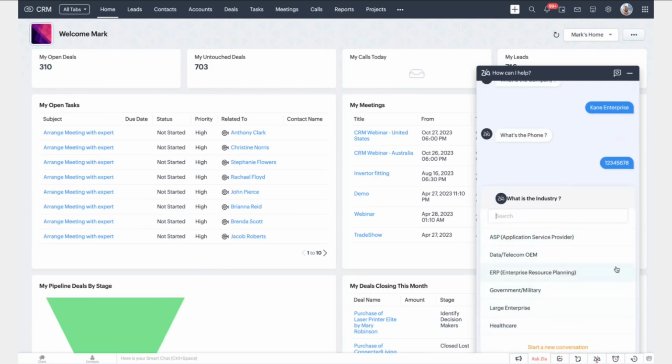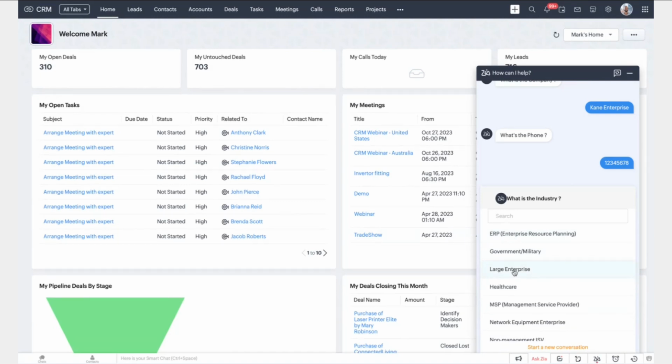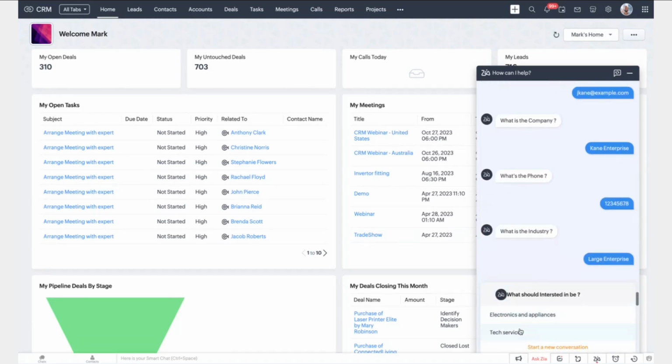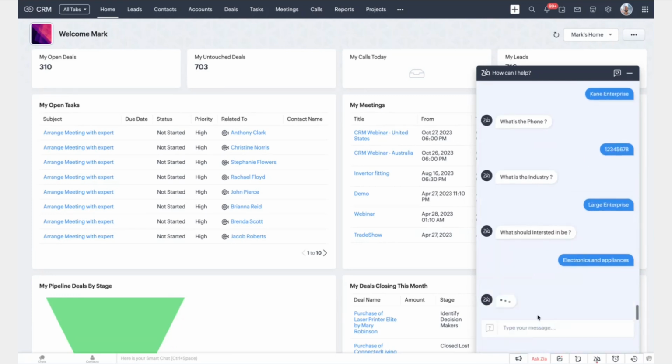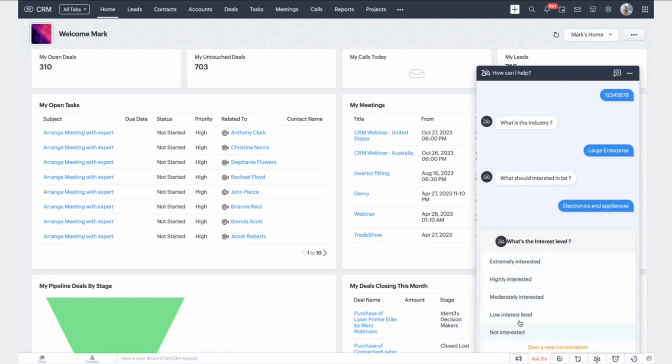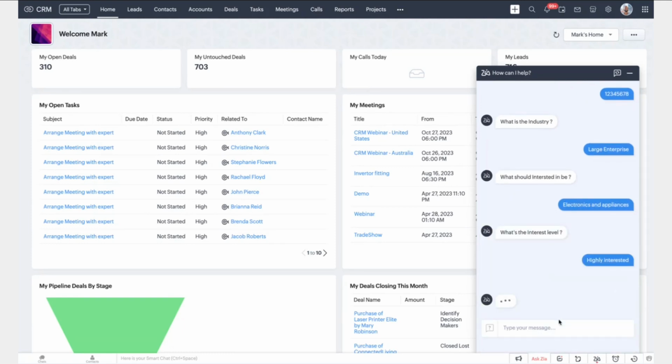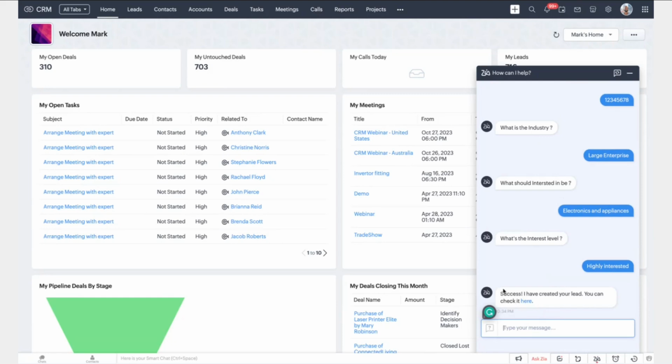And there you go. Zia is popping up with the pick list fields. So these are the mandatory fields that I have. So what is the industry? So let's say Kane is from a large enterprise. Then again, what should be their interest in? So let's say they want to find out about electronics and appliances. How interested are they? Let's say highly interested. Once I fill up all the mandatory fields, success. It's already created. You can click here